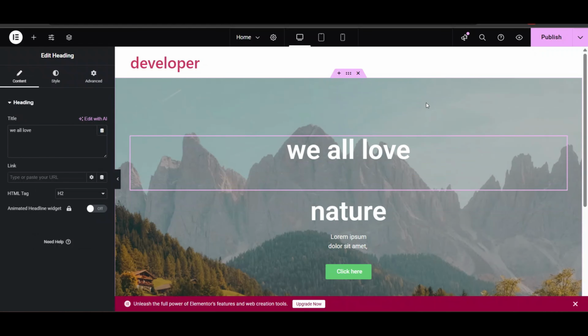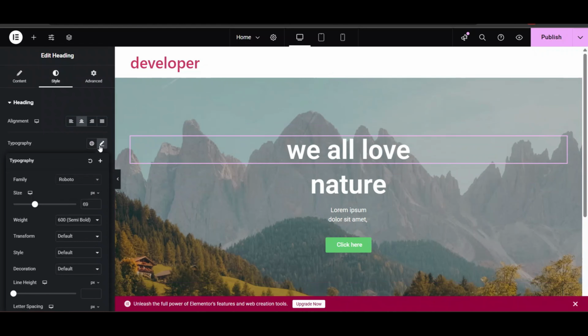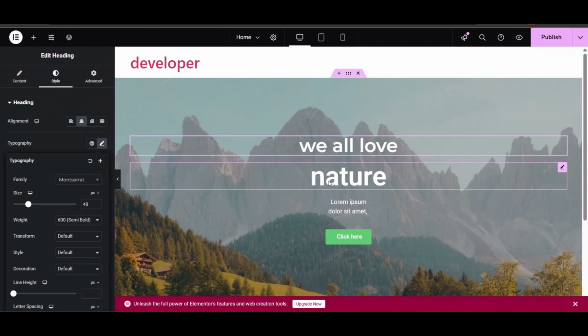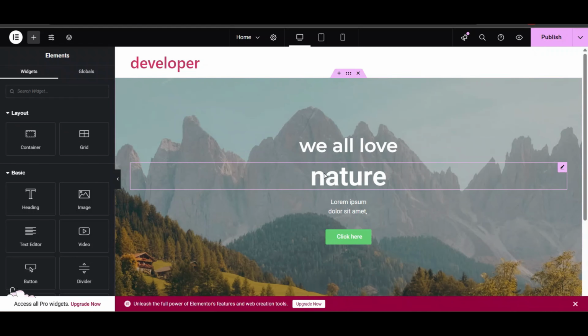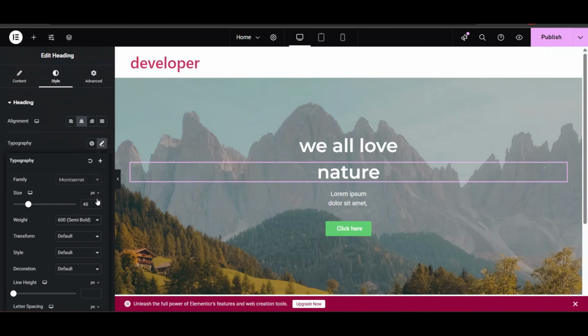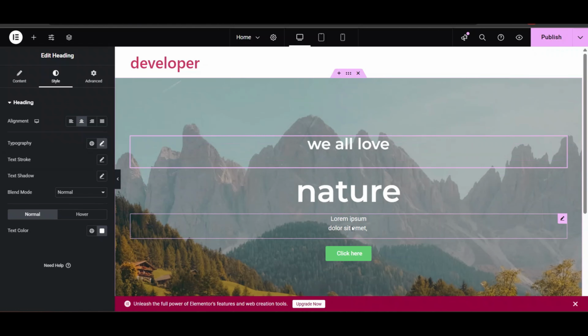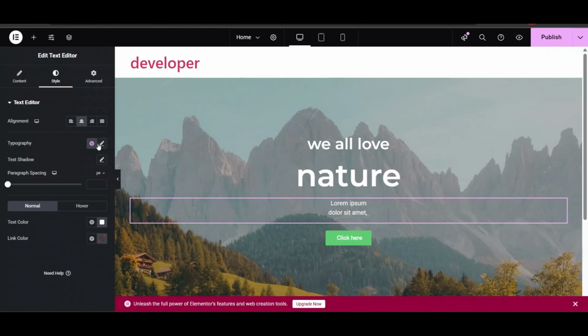Now I want to change the font family of this and the size. Go here, go to styling, click here. Here you can see font. If you want to change it, just type it. You can see we have styled it. If you want to change the size of the font, you can change it from here. And let's copy the same thing and paste it here. You can see, and I want to increase the size. We have styled it.